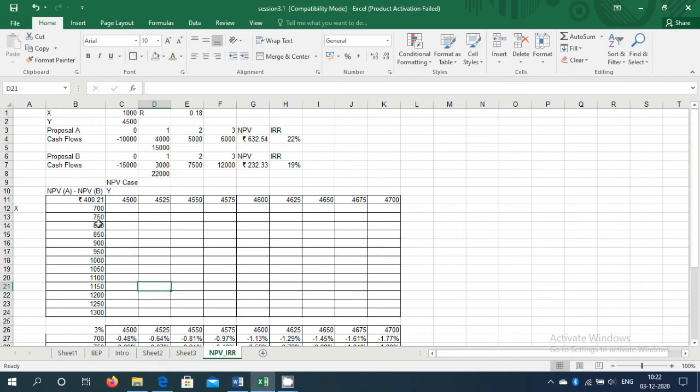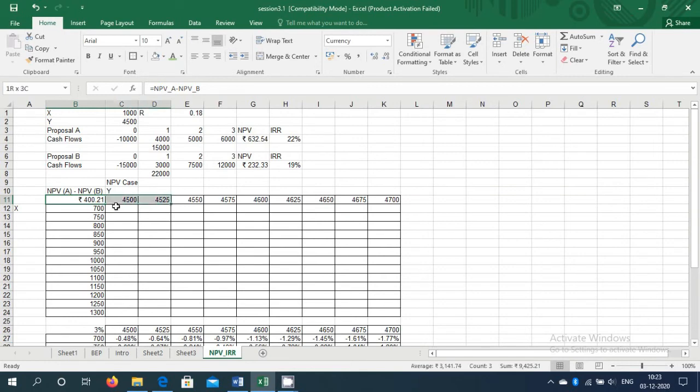So this way I have found the x values I have written over here, that is 700, and over here it is 1000, like 4000 plus 1000, 5000 plus 1000. I have taken these values as 700, 750, 800, 850, like that, from 700 till 1300. Over here I have also taken y values, an increment of 3000 plus 4500. I have taken 4500, 4525, 4000, just random figures.